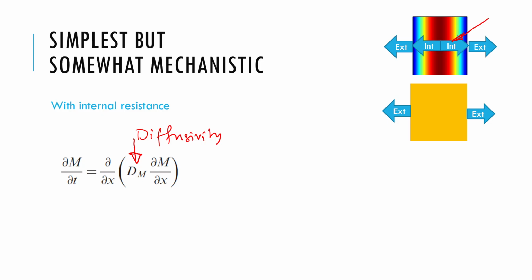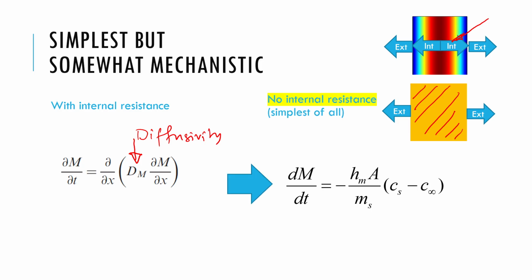It's never zero. It's small compared to the external resistance. In those cases, we can ignore internal resistance and think of the entire inside to be approximately at 1 moisture level at any time, and that would give us this equation that describes the physics, which is the topic of